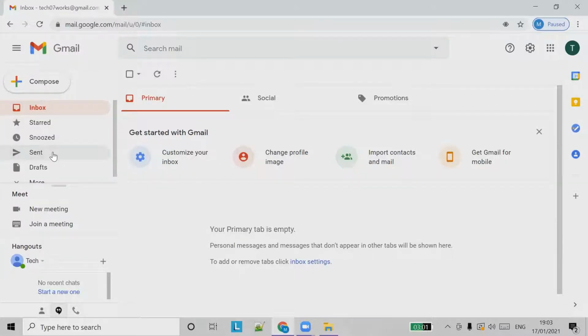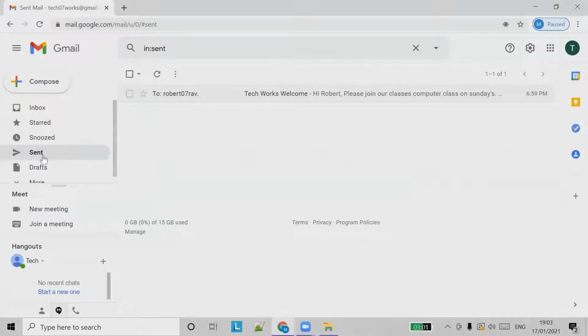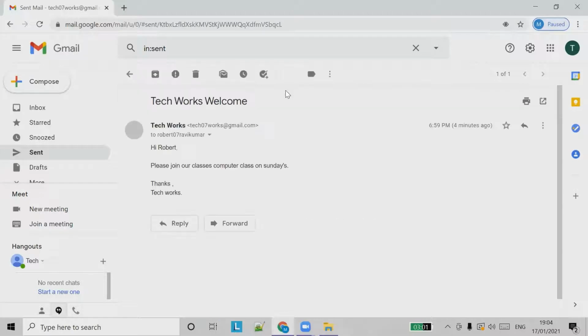Okay, so there's a sent option. So this sent tab gives you a list of emails which have already been sent. So we just sent an email to Robert Ravikumar, right? So click this and you can see what email was sent and at what time. All those options are provided.